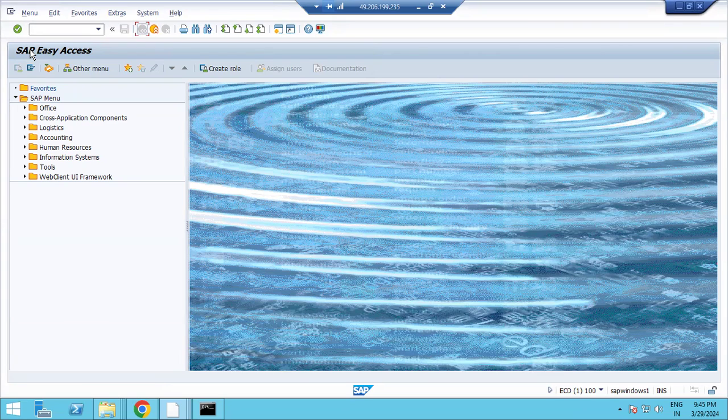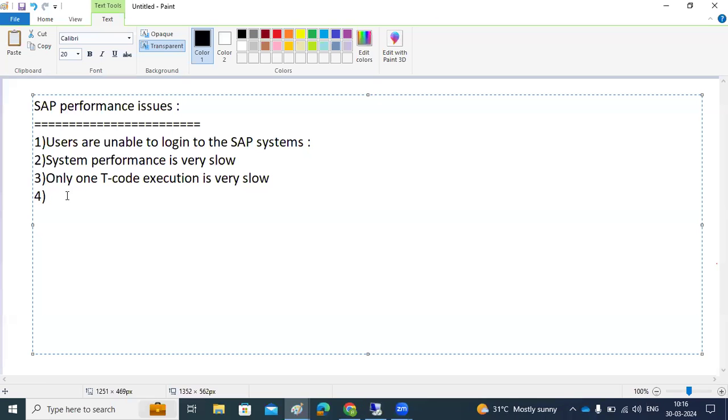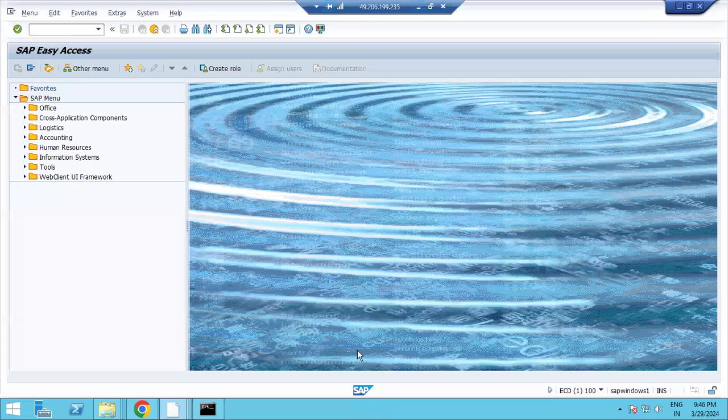Apart from that, one more typical scenario is here, right? Only one transaction code is taking some time, others are fine, which means it might be a sales related transaction code. So it may take some time here. Why? Because